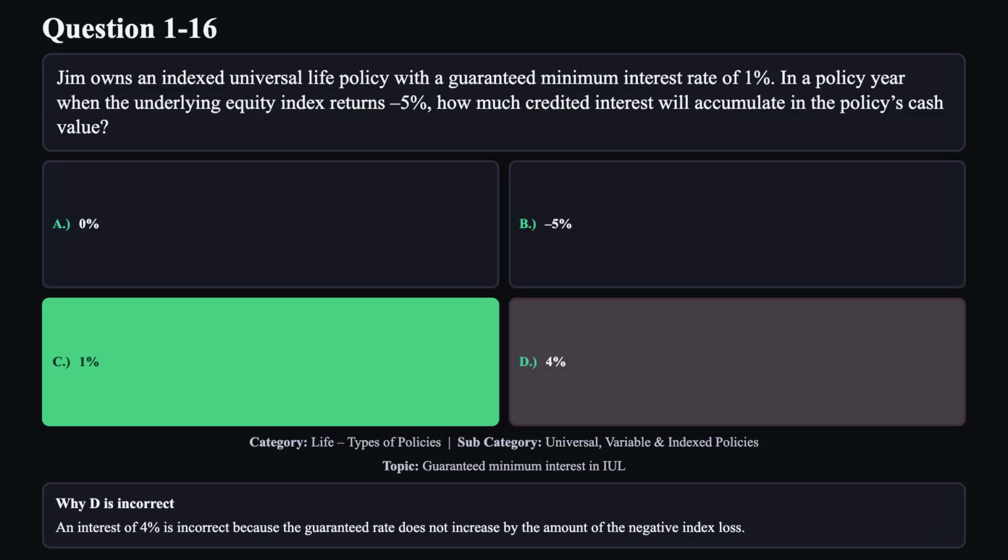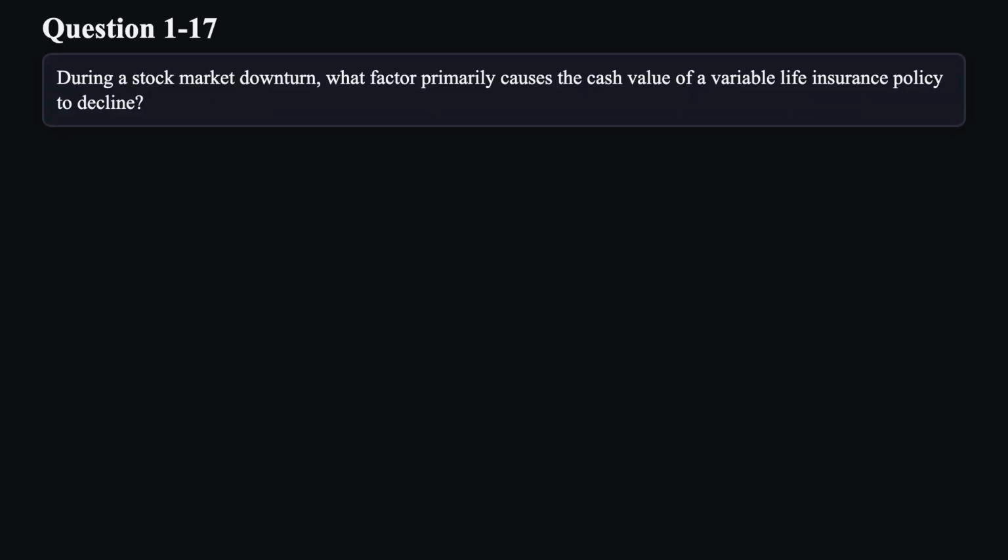Reason D is not correct. An interest of 4% is incorrect because the guaranteed rate does not increase by the amount of the negative index loss. Question 17. During a stock market downturn, what factor primarily causes the cash value of a variable life insurance